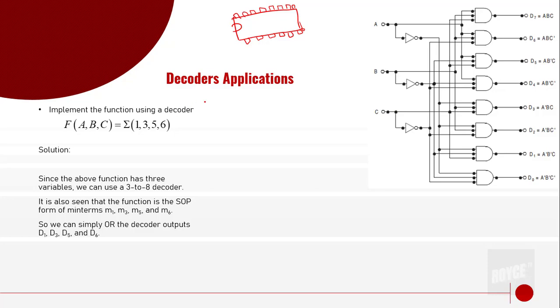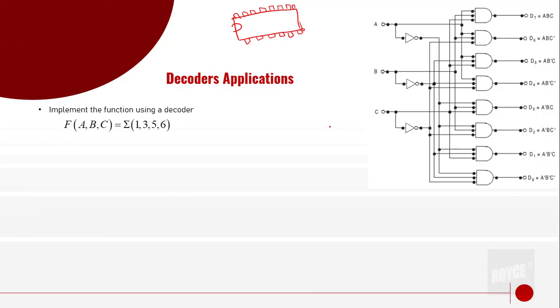Okay? We can also see here that in-express niya yung function niya in terms of the min terms. So when we know the min terms, we can get the sum of product form. Tama? So we can simply OR yung mga decoder outputs. Bakit? Etong decoder na to, di ba yung ating